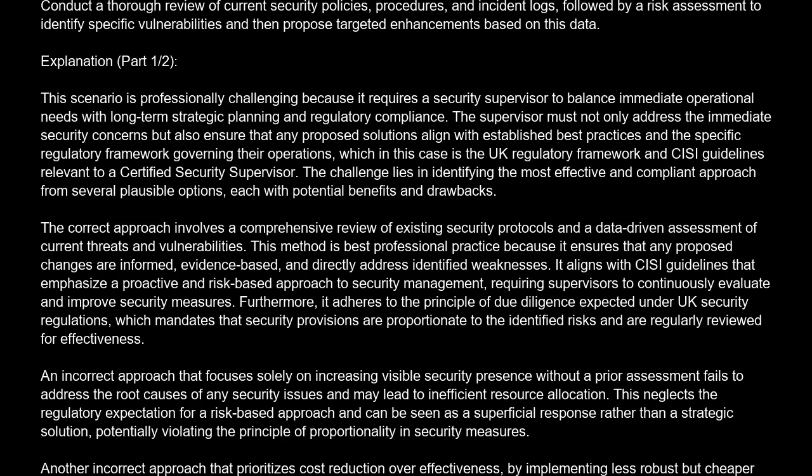proposed solutions align with established best practices and the specific regulatory framework governing their operations, which in this case is the UK regulatory framework and CSS guidelines relevant to a certified security supervisor. The challenge lies in identifying the most effective and compliant approach from several plausible options, each with potential benefits and drawbacks. The correct approach involves a comprehensive review of existing security protocols and a data-driven assessment of current threats